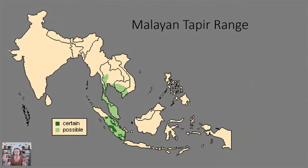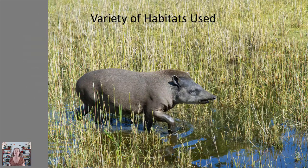Myanmar, Cambodia, Indonesia, Laos, Thailand, and Vietnam. So that's a really interesting disjunct distribution of that family. And they're all in their own family. The tapirs are in their own family in the order that includes the families of horses and